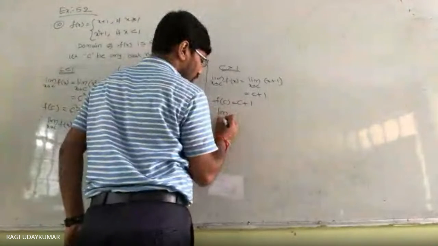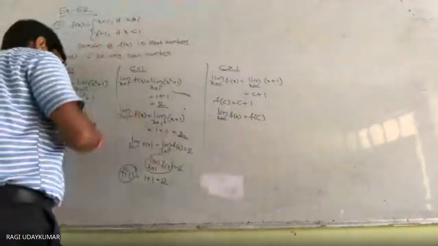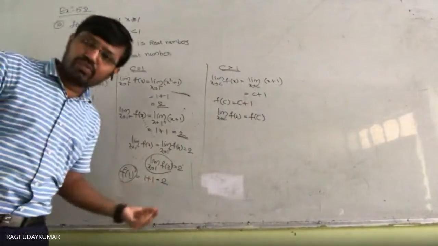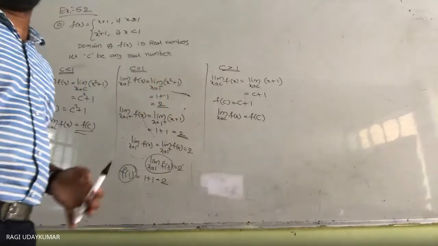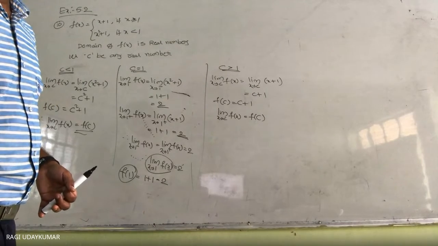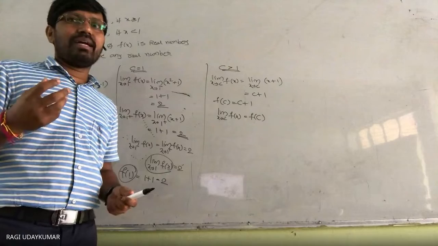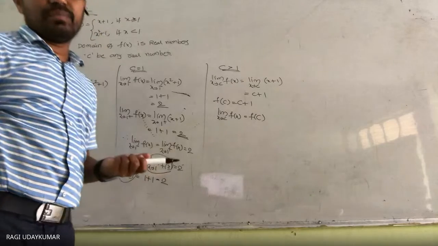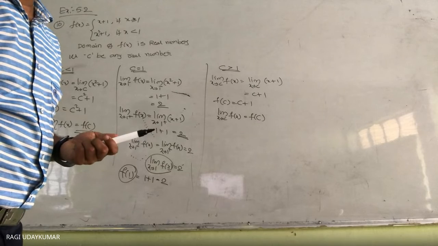Therefore, limit x tends to C, f of x is equals to f of C. So less than 1 को continuous है, equals to 1 continuous है, greater than 1 continuous है. Therefore, this function is continuous everywhere. So I am saying to you, this function is continuous everywhere. When I say like this, you have to get in your mind that, okay, this function is continuous everywhere. How the graph of this function will be? That you need to predict here.